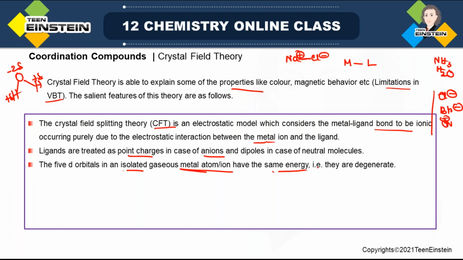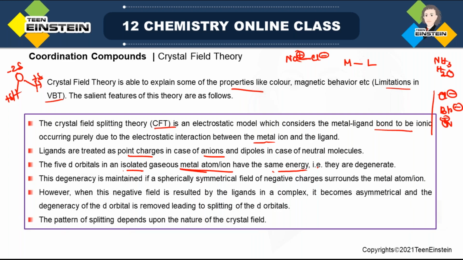We will see detailed explanation in the upcoming slides, right? So when the ligand-metal interaction has already started, this degeneracy will be destroyed. This degeneracy will be maintained if a spherically symmetric field of negative charge surrounds the metal atom. So suppose when ligands are interacting like this, surrounding the metal atom, whatever direction you move, suppose in